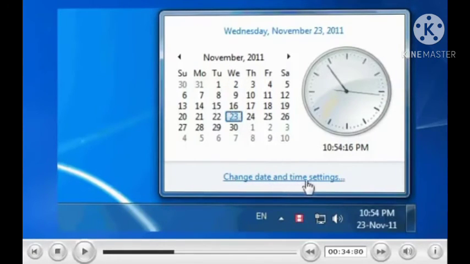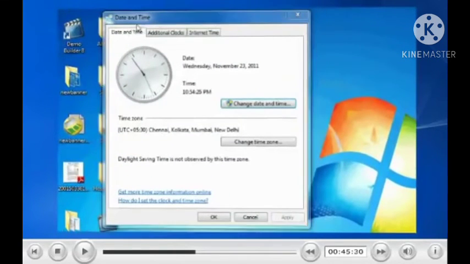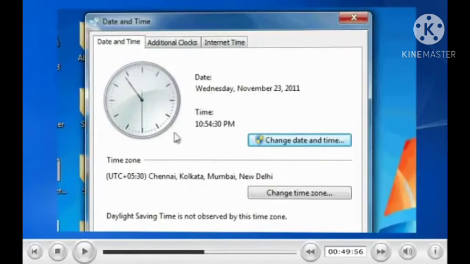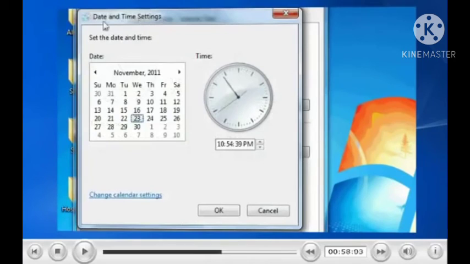Click on the change date and time settings link of the calendar and clock dialog box. Now the date and time window will appear on the screen. Click on the change date and time button on the date and time window.